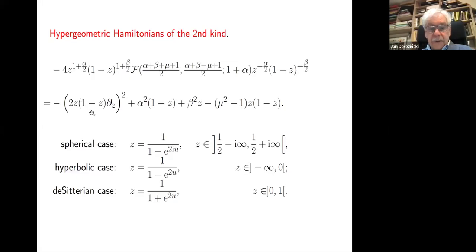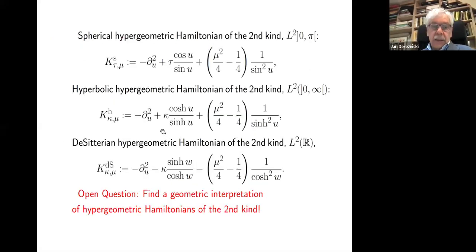You get a completely different expression, which is also in the Liouville form. Then you choose an interval, finite or semi-finite, or a line with these variables, and you get three